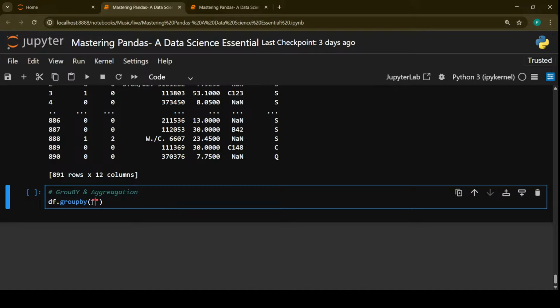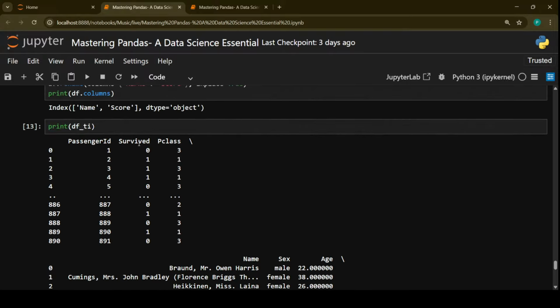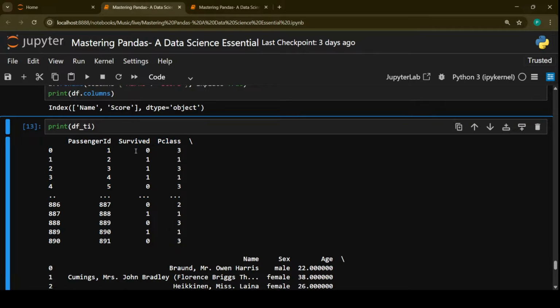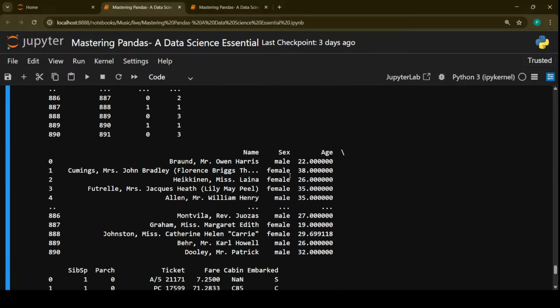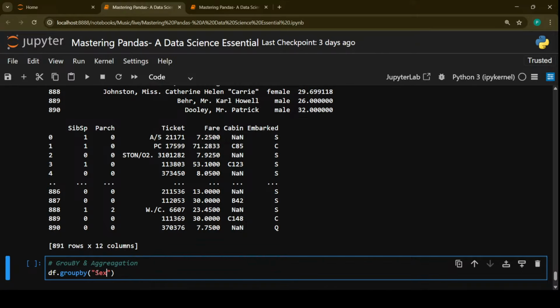Here, if you want to perform something like survival rate by gender, it means that you will check the survived column based on the sex, and then you categorize on the basis of that. So for that, first we need to write the first category, that is the sex, and then the second category, that will be